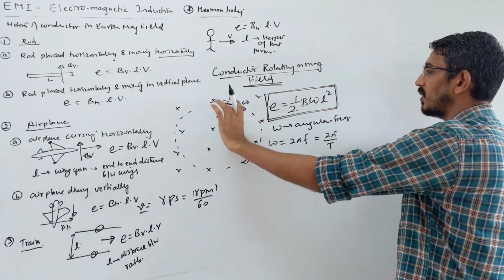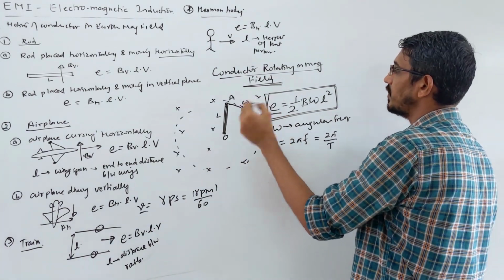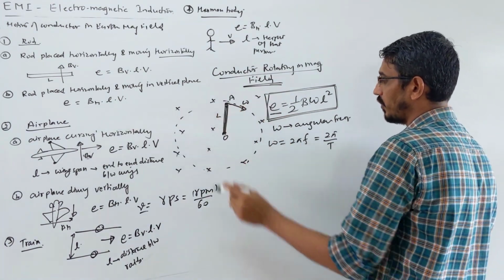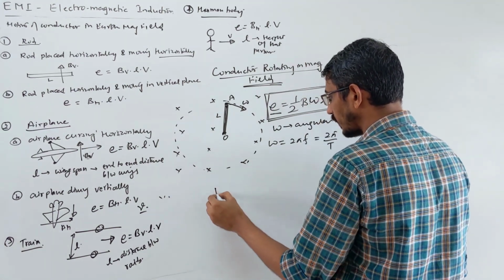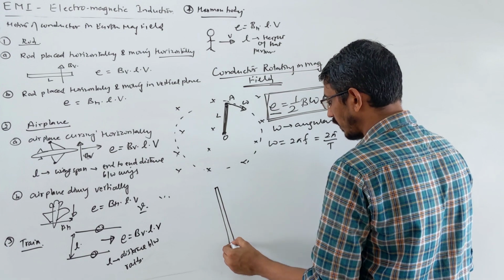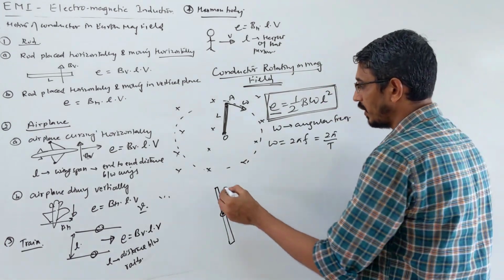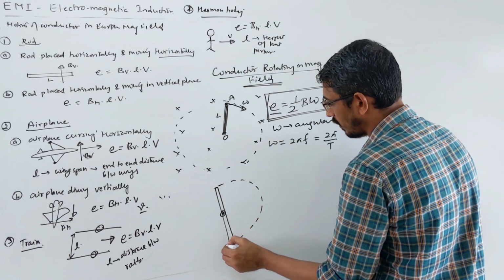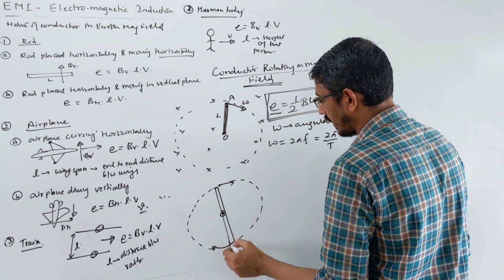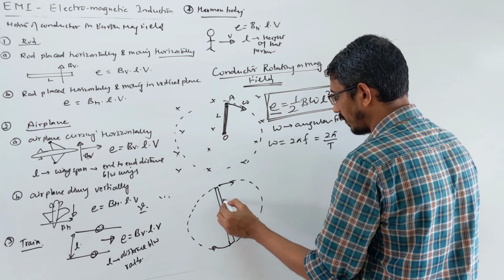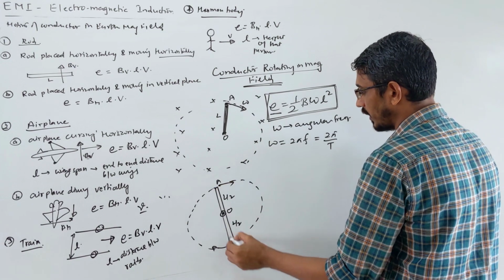L is the radius or length of this conductor. Okay, so this is the potential difference or EMF generated between this point and that point. You know, the same question was asked this way. Suppose this is a rod, and it starts rotating about its midpoint, like that way. Say that piece has length L by 2, or L, doesn't matter. So this is point O, that's point A, that's point B.